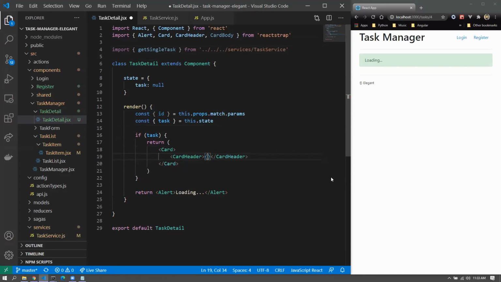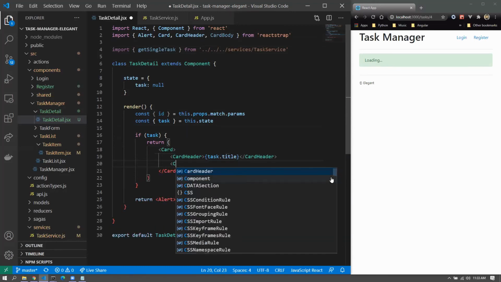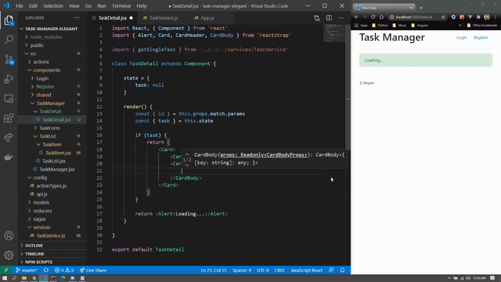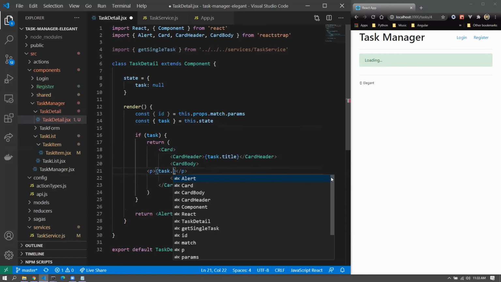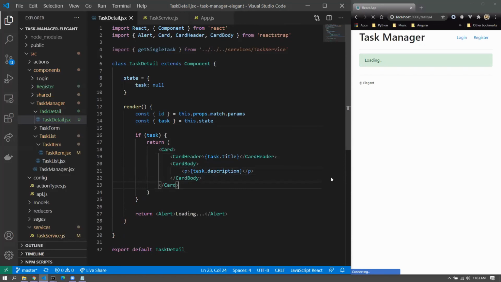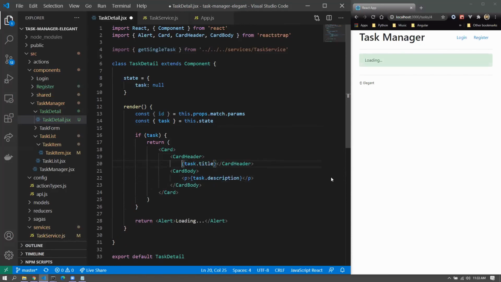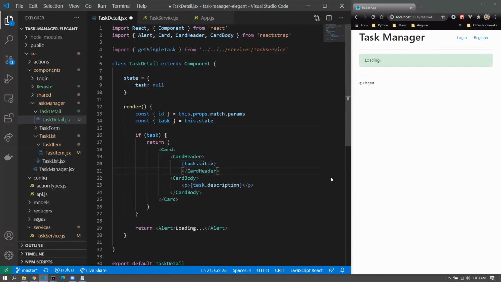Let's say if the task is available, in the header I would like to go for, let's say, task.title, and in the card body, I'd like to go for task.description, right, in a paragraph. And I think inside the header, I can go for an H3 probably. That would simply display a better header,